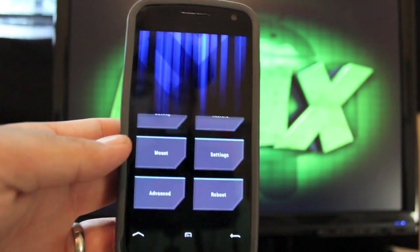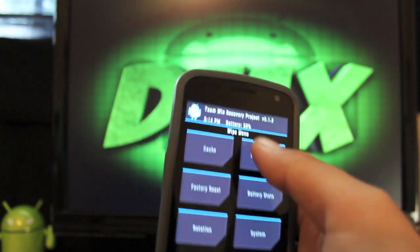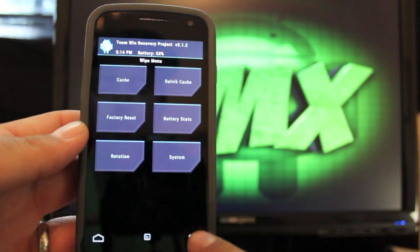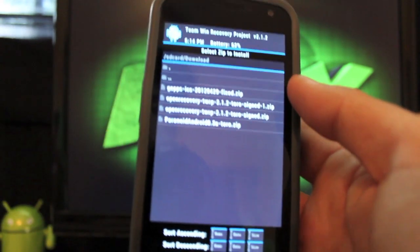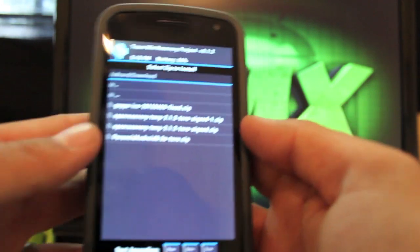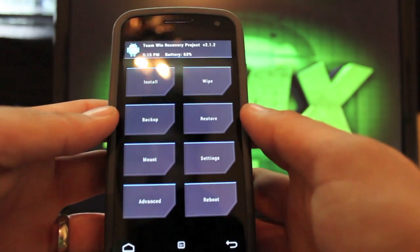So in TeamWin Recovery, you'll just go to wipe, and you'll hit factory reset. As soon as that's finished, you'll wipe cache. As soon as that's finished, you'll wipe Dalvik cache. So factory reset, cache, Dalvik cache, and then you'll go back, and you'll hit install. And you may have to navigate to your download folder, and then you're looking for this Paranoid Android, and as soon as that finishes installing, you'll install your G apps. When that's all finished, you'll just reboot the phone,